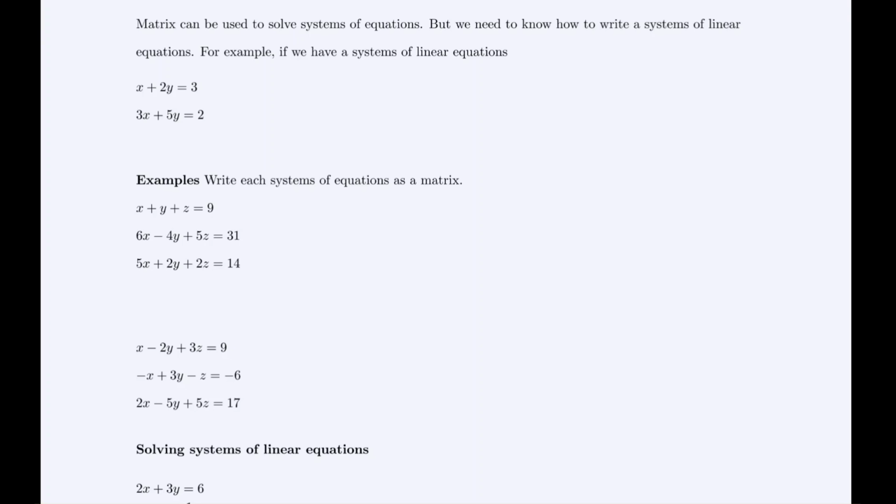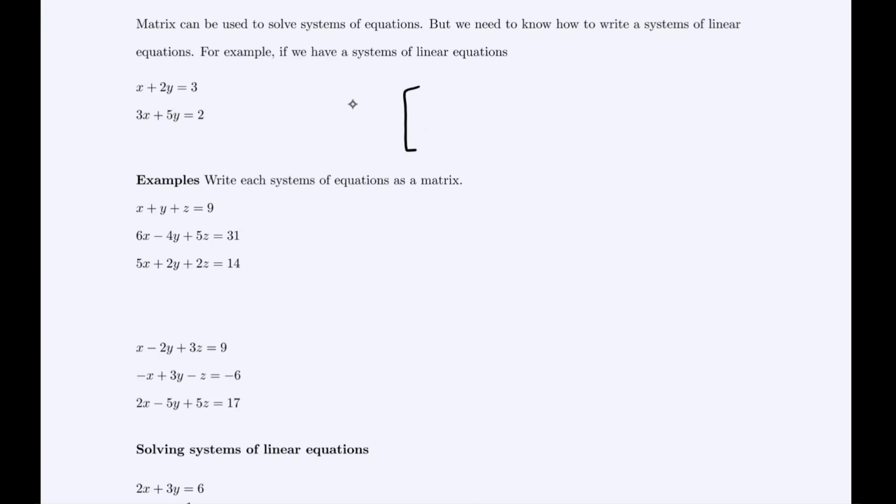Now, before we begin solving these matrix equations, we first need to know how to translate systems of equations into corresponding matrices. And when you hear the word matrix, all a matrix is, is a collection of numbers in rows and columns that have a certain meaning. So for instance, if we are going to translate this system of equations, x plus 2y equals 3, 3x plus 5y equals 2, into a matrix, the way the matrix works is it organizes